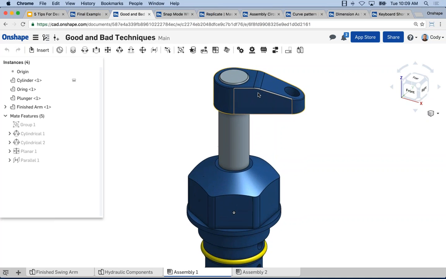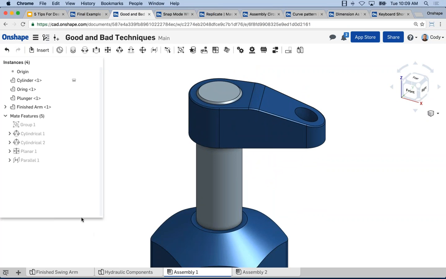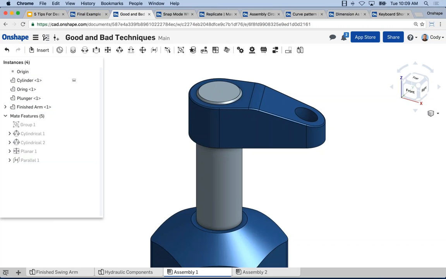Here we have the swing arm on the top of our plunger. And if you can see, I have it mated correctly into place. However, to mate it into place, it took 3 different mates, right? This is just, again, using